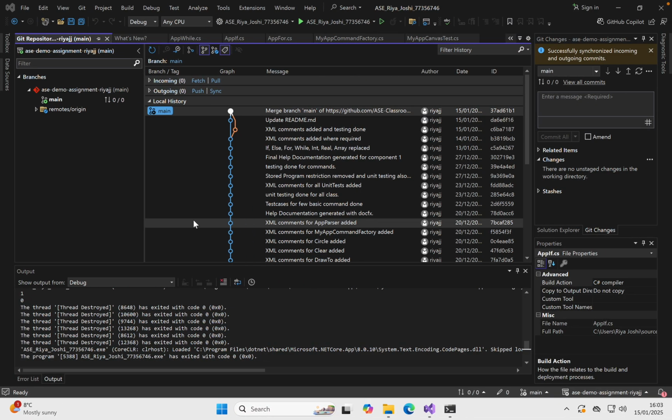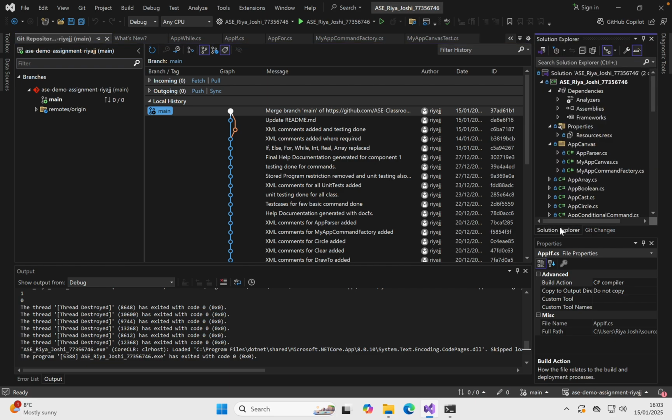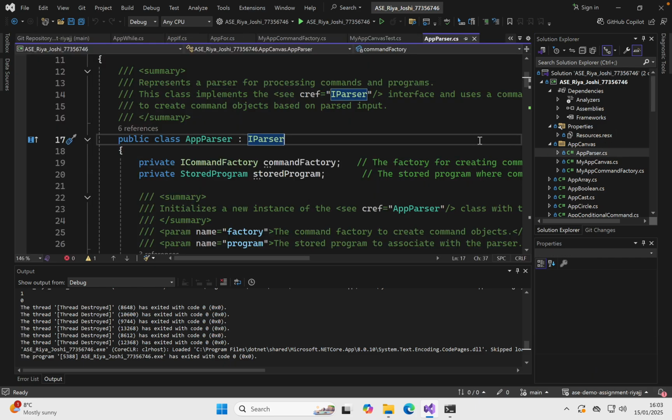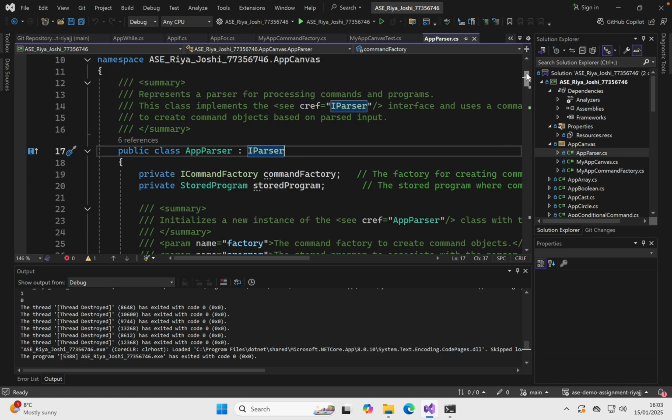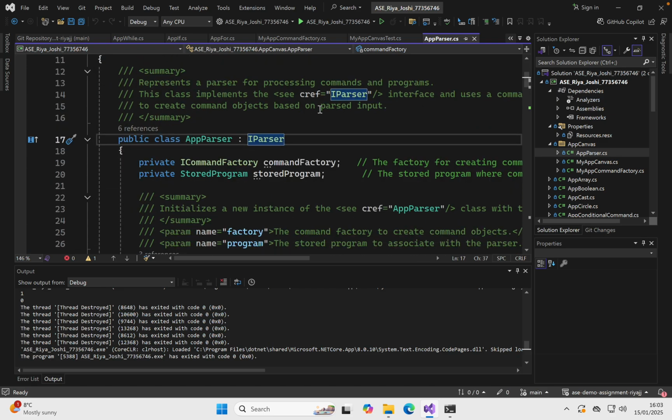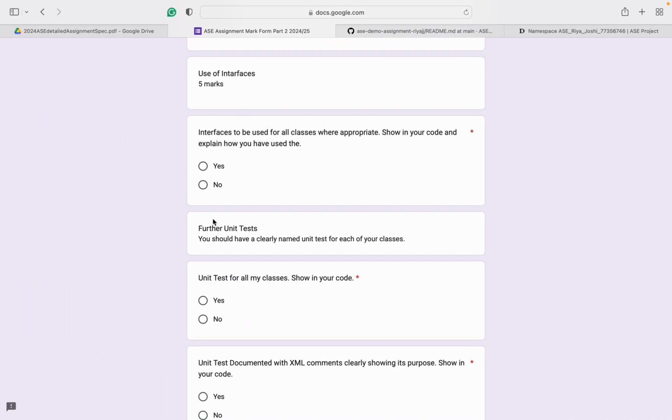So for interfaces, let's go to app parser. For example, here I have, as you can see, I've already highlighted the IParser that is the implementation of interface in my project, an example of interface that I have used. So yes,